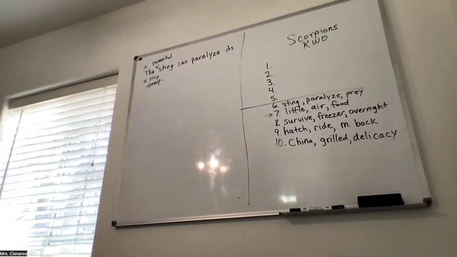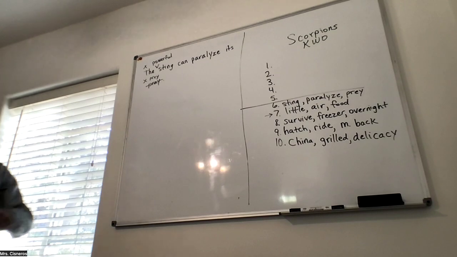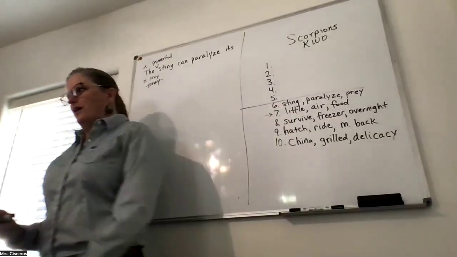Yeah. Anybody else have any other ideas? Scorpions don't need a lot of air or more food. That's another way of saying the same thing. That's good, Grayson. Scorpions eat food and air so then they can live. That's not a good one, though. We're talking about how they only need a little bit to survive, right?